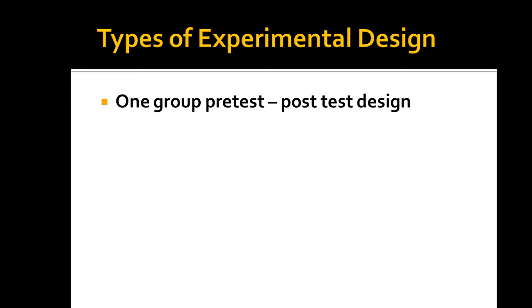First one is called, you can note down these designs in your notes, do some work, read them on the internet if you have some time today. Then Monday, when I'm explaining to you, it becomes much easier for you to understand. The first one is called one group pre-test, post-test design. And these experimental designs are very popularly used in medical research, drug trials, cosmetic trials, detergent trials,